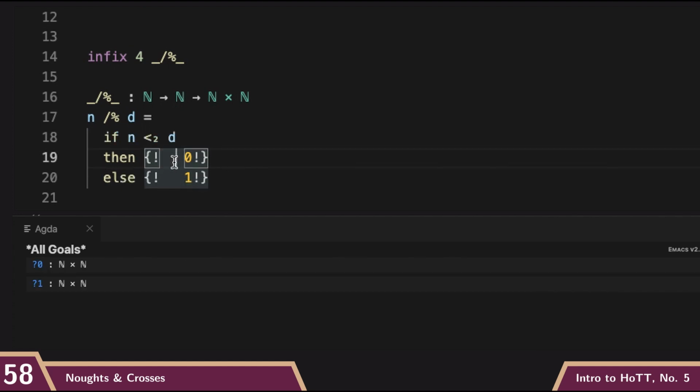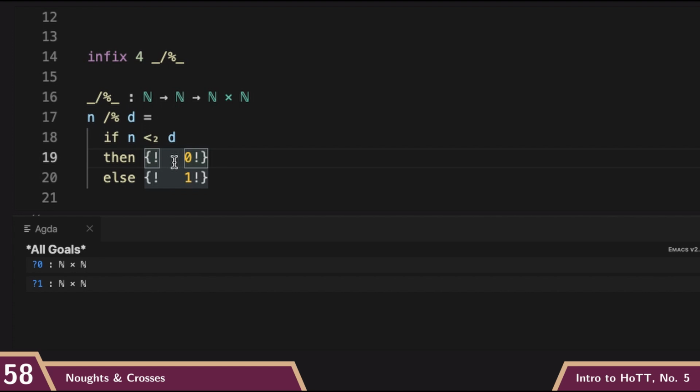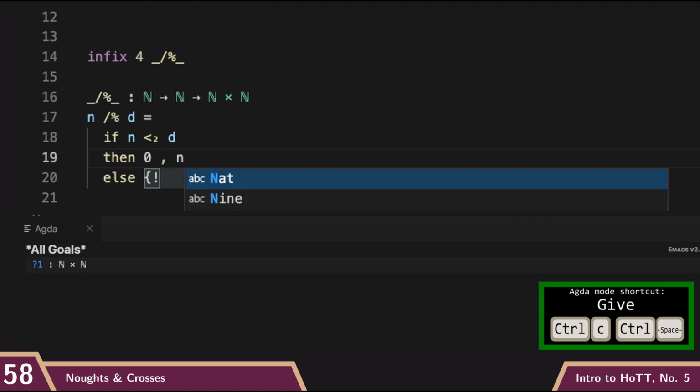Okay, so in this base case, looking back at our algorithm, we know that if n is less than d, then we're done. We don't need to do any recursion. We can just return 0 n. So I can set that up. So I want to return 0 as the quotient, and I want to return n as the